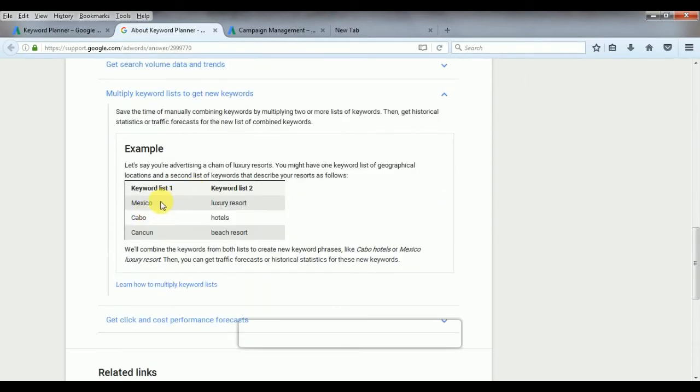So you can see that here they put the location names, Mexico, Cabo, Cancun, and these are the types of service they have provided, like luxury restaurant, hotels, beach resort. So if you have lots of branches, you can put those branch locations in here and the services in here. So what Google will do, Google will combine all those keywords, like they combine Cabo hotels or Mexico luxury restaurant. So you can save lots of time through this, and you will get lots of keyword ideas, and